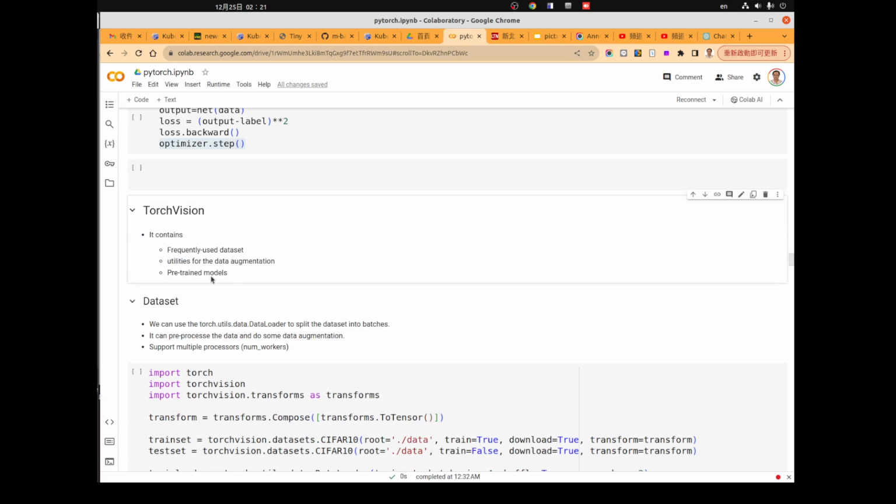So basically, torchvision contains the data and the models for all computer vision tasks. And actually, we have torchaudio and torchtext as well for audio datasets and text datasets.